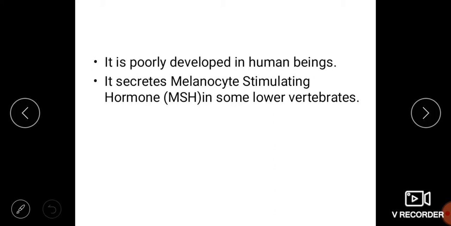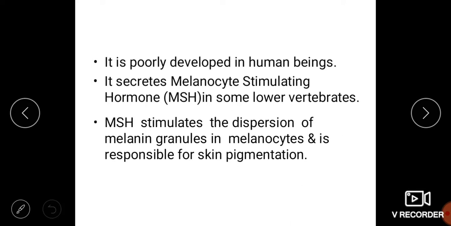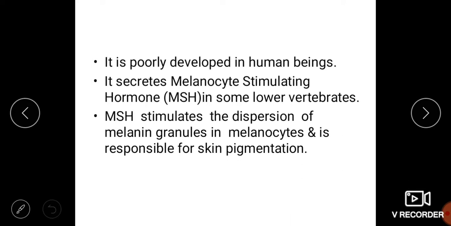Pars intermedia secretes a hormone called melanocyte stimulating hormone in some lower vertebrates. MSH stimulates the dispersion of melanin granules in melanocytes and is responsible for skin pigmentation. In human beings, this hormone is responsible for skin pigmentation. Skin pigmentation is due to the presence of pigments called melanin, and that pigment melanin is present in melanocytes, and the dispersion, the rearrangement of melanin pigments, is under the influence of the hormone called melanocyte stimulating